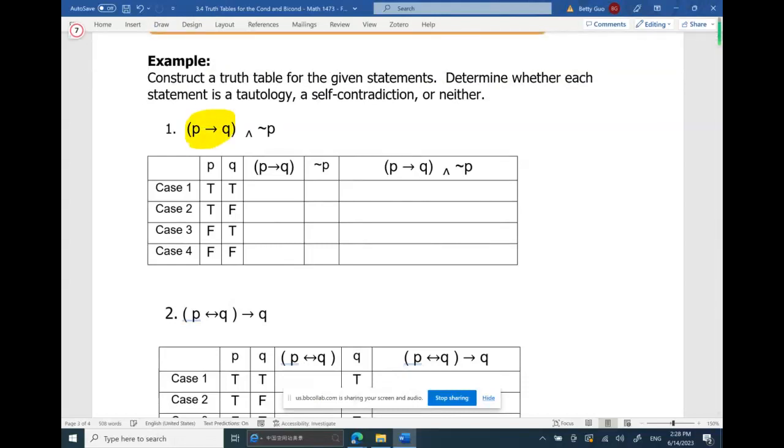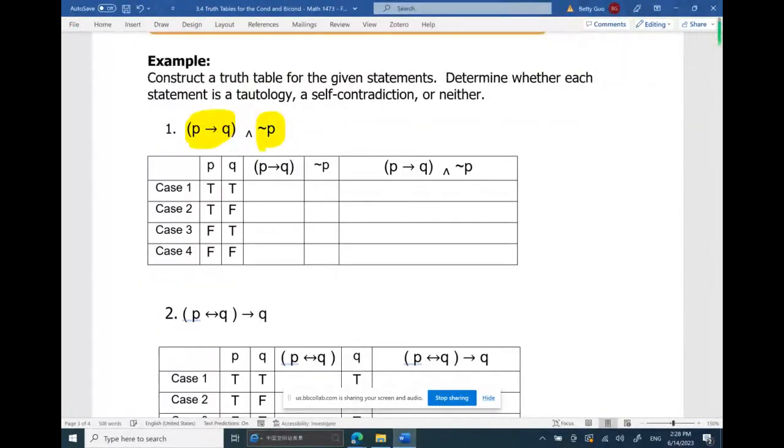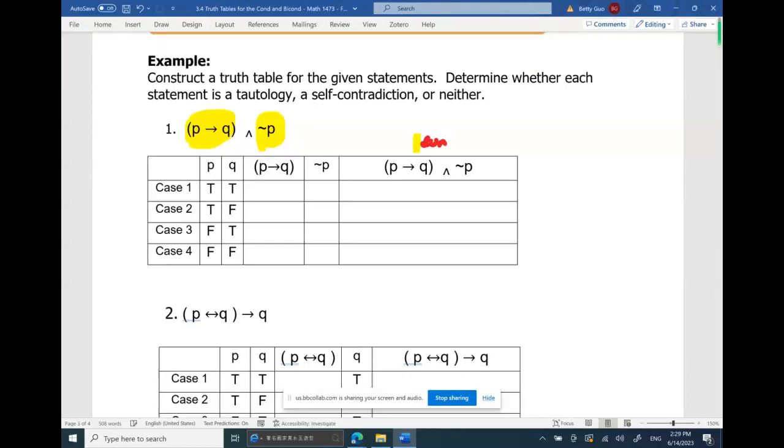One component, conjunct with another component. You might say, didn't you just mention the conditional has a higher level of dominance than the conjunction? Yes, it's true. But did you notice there's a parenthesis here? The grouping symbol implies P implies Q is one component, the first component in this conjunction. So the truth value of this conjunction